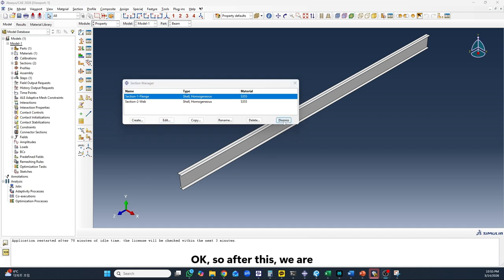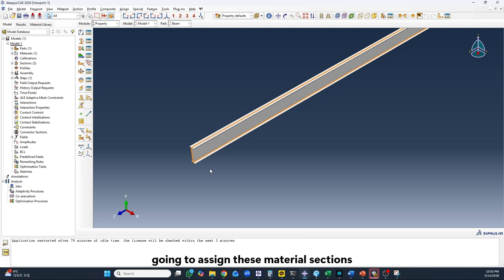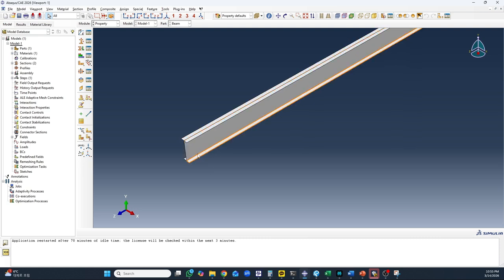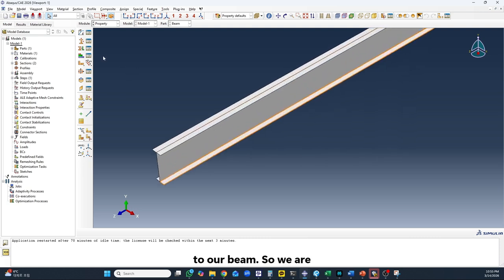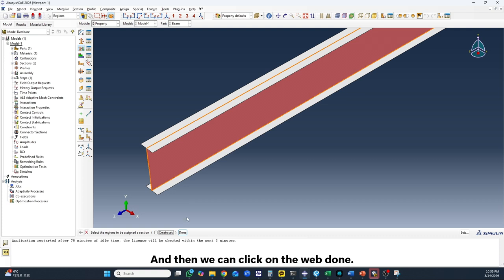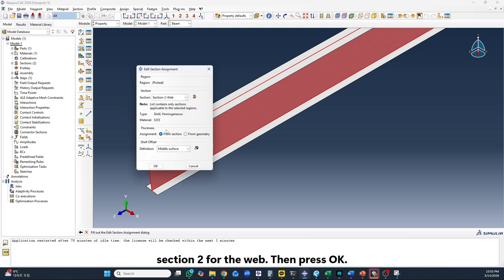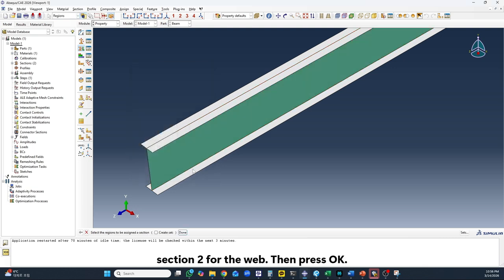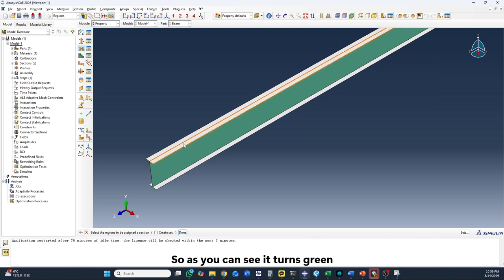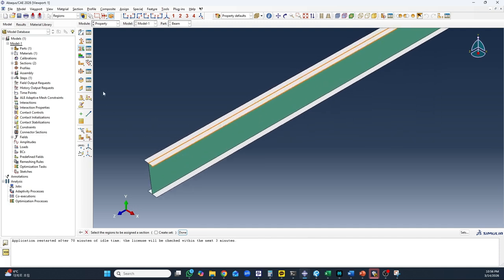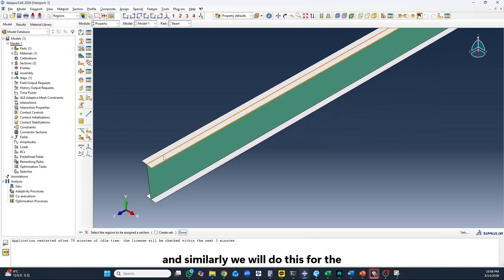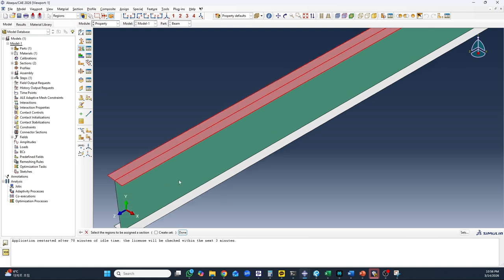Okay, so after this we are going to assign these material sections to our beam. So we are going to go to assign section, and then we can click on the web, done, and here you can see we have created a section 2 for the web, and then press OK. So as you can see, it turns green, and similarly we will do this for the